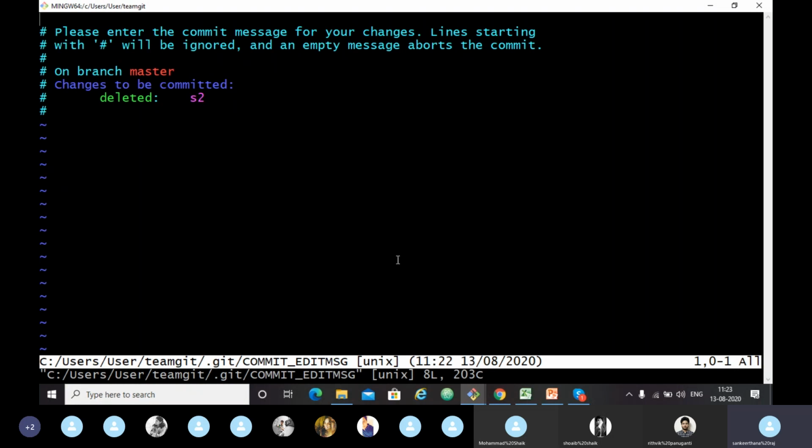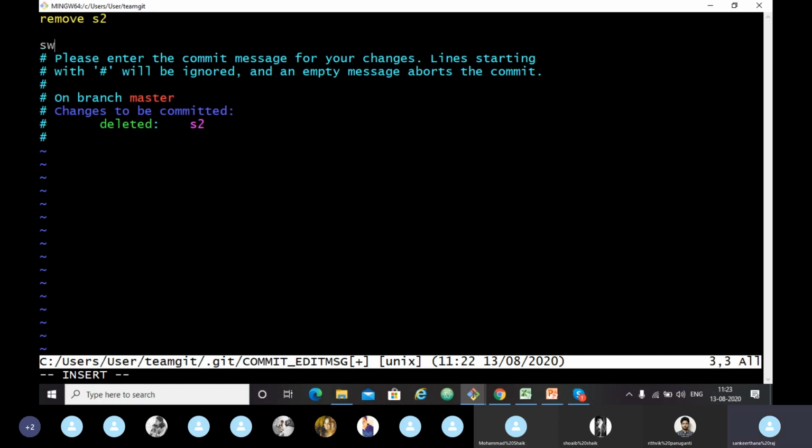Here we can give a clear message, whatever you want. If you want to write in a Unix editor, you just have to press the I key. Then it will show you insert at the bottom. Now you can write the message: remove S2.